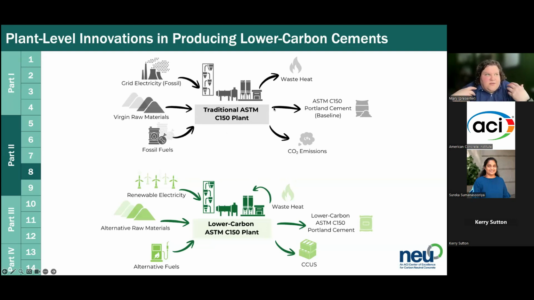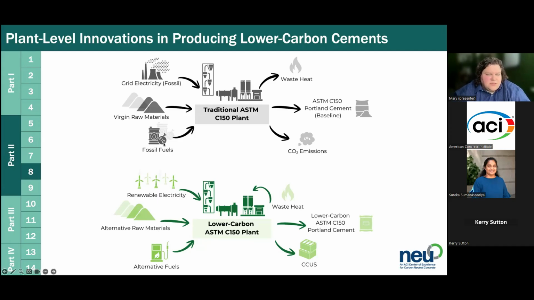I just think there's a lot of things we can do with Portland cement to create a lower carbon industry. So this is considering a couple of inputs and outputs from a traditional plant versus maybe a lower carbon plant that's making the same material, just processed differently. For example, you could get your electricity from the grid, which might normally be fossil fuels, and you could change to renewables. You could use virgin raw materials like limestone, or alternative raw materials, something that's already decarbonized, that doesn't have the carbon in it already, or some biogenic calcium carbonate. There's a whole bunch of really cool materials for alternative raw materials.